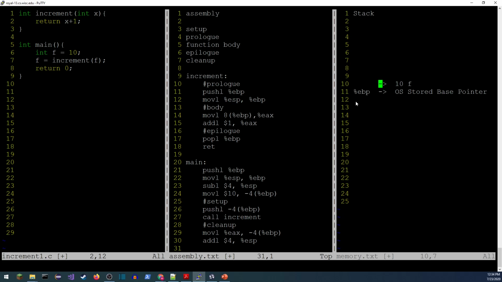There's another way I could have done this. I could have used a pop, but in general, pop is going to need to move data into one of the registers, and so that's extra work rather than just changing the value of a register. It may overwrite something that we don't want, so we'll almost always see the compiler using the add to free up space on the stack compared to a pop. I think it's faster. I'm not entirely sure, it depends on the architecture of the CPU, but I believe it's faster.